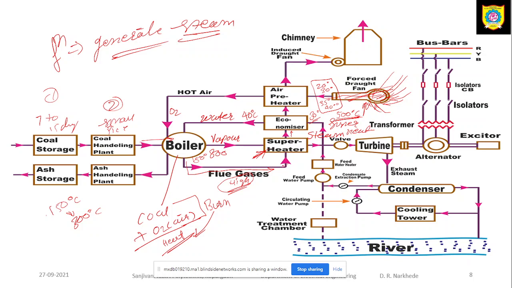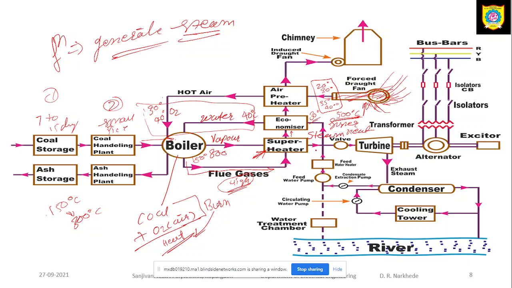The heat of these gases can be extracted by the air, and the temperature of the air goes on increasing. Here the temperature of the air may be 30 to 40 degrees centigrade, depending on your conditions, seasonal variations and all these things. That air is going to be supplied to the boiler. So now my air is pure air, it does not contain moisture. Second, my water is at higher temperature as compared to the atmospheric temperature. So because of these two, the thermal efficiency of the boiler goes on increasing, and with the superheater, the thermal efficiency of the overall thermal power plant goes on increasing.